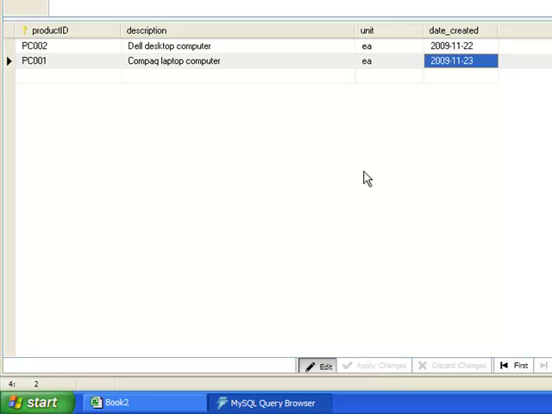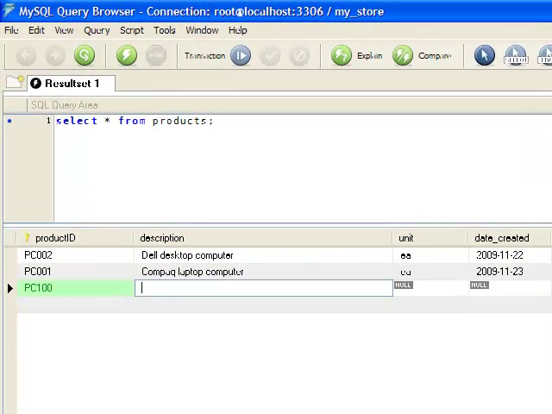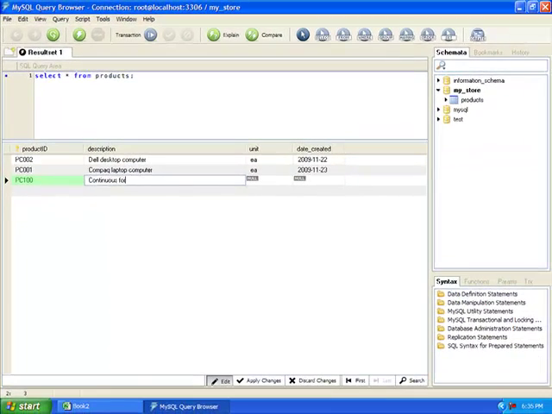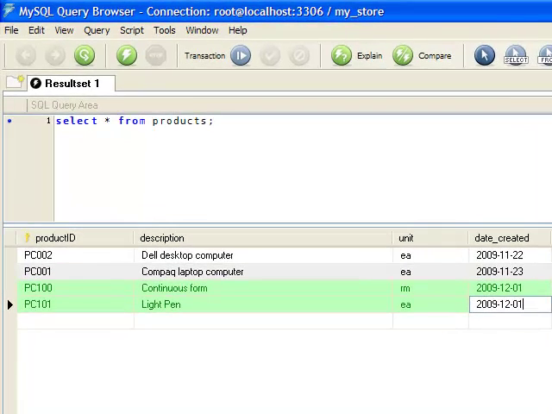So again, let us insert another record. Okay, so we enter now the last item of our data.